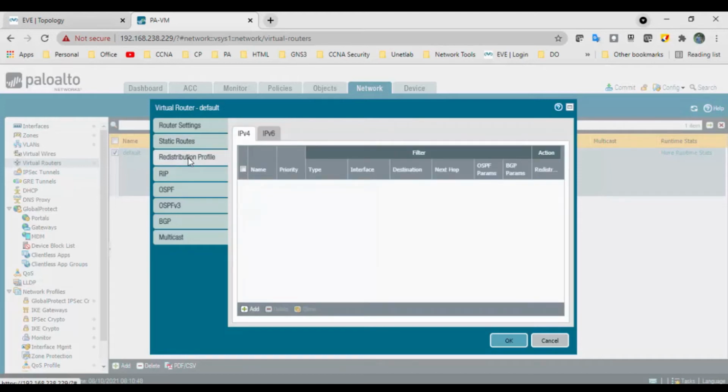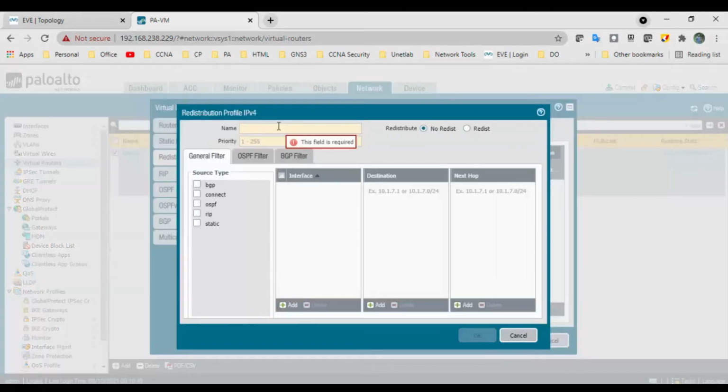Go to the redistribution profile, and we don't have any redistribution profile. Click on add and provide any name, a redist profile, and on the right hand side there is a radio button called redistribute. I want to redistribute. When it comes to priority, you can provide any priority from 1 to 255. I will go with 1.